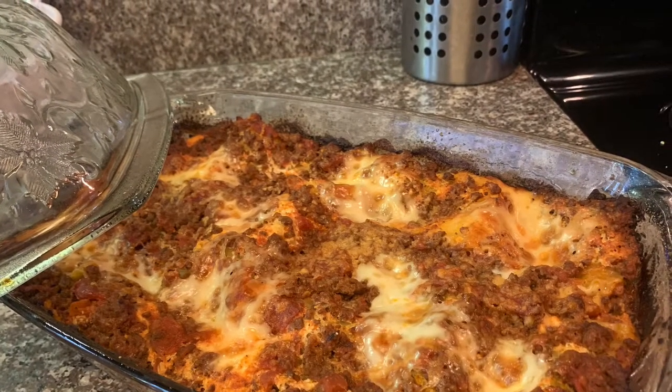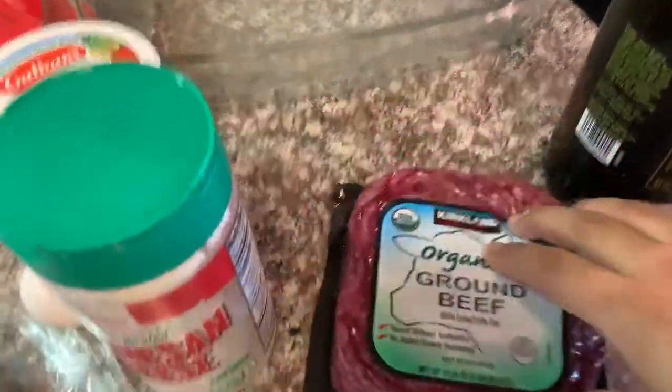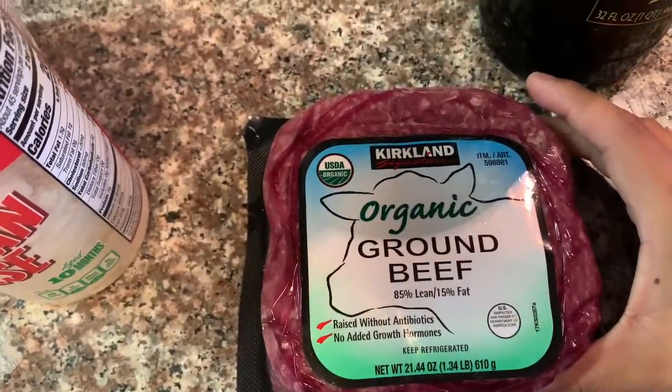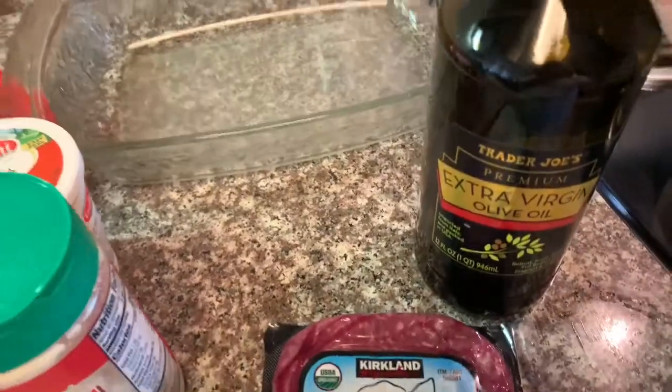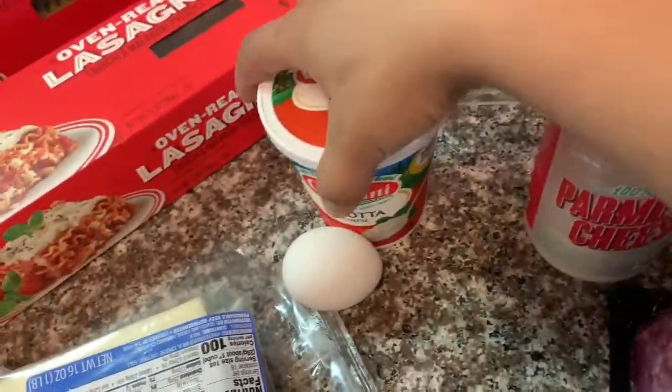Today I wanted to share with you guys my lasagna recipe. It's pretty simple, so I hope you guys try it at home. It's 1 pound of ground beef. I don't use any other meat in it, just ground beef is fine. Oil, you're gonna need Parmesan cheese, ricotta cheese,